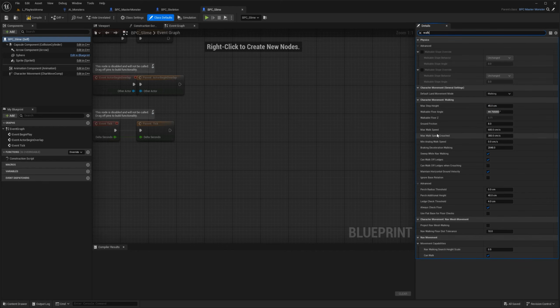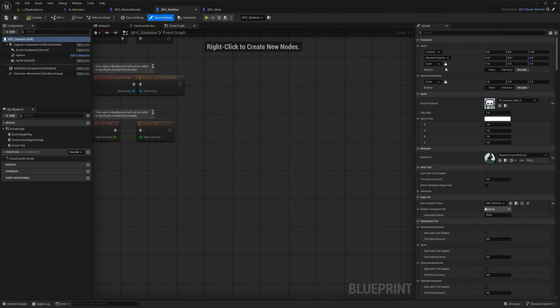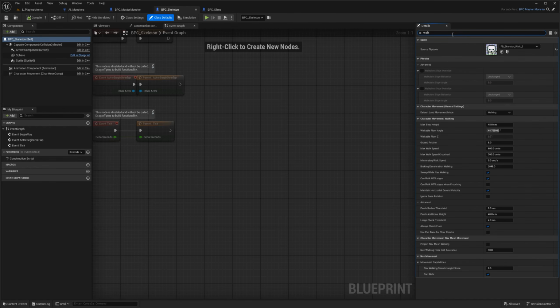And we're looking for the speed here, max walk speed. I'm going to divide this by 3. And also divide this, we're not doing crouchy, but whatever, just to stay consistent. Compile, save. I'm going to go to the skeleton, see the same thing, walk. And that's inside character movement walking.